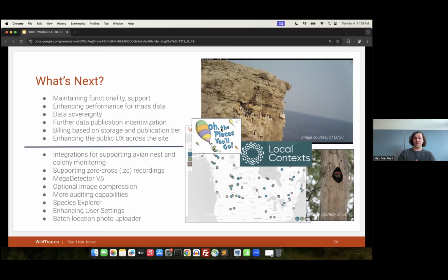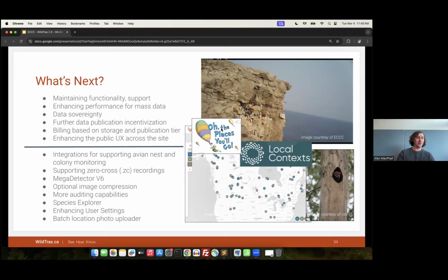The expansion into the bat realm is, of course, trying to support more legacy data, such as Zero Cross recordings. We have lots of different camera work that we're potentially thinking of coming down the pipeline. MegaDetector, for example, which is the classifier which automatically detects things in images, is looking for an overhaul. That being said, it's still in the works on the Microsoft side of things, so we're not quite sure when that's going to happen, but we're keeping an eye on making sure that we've got our MegaDetector updated.